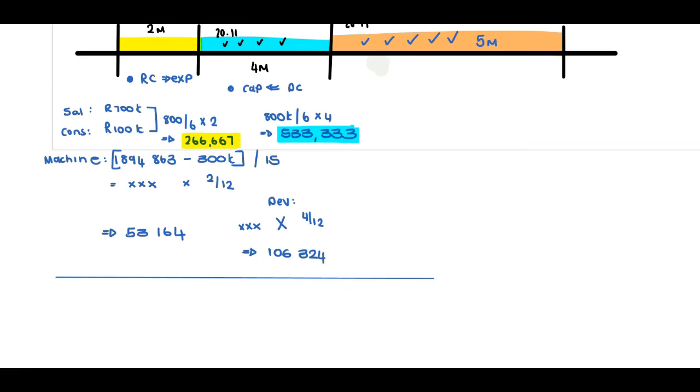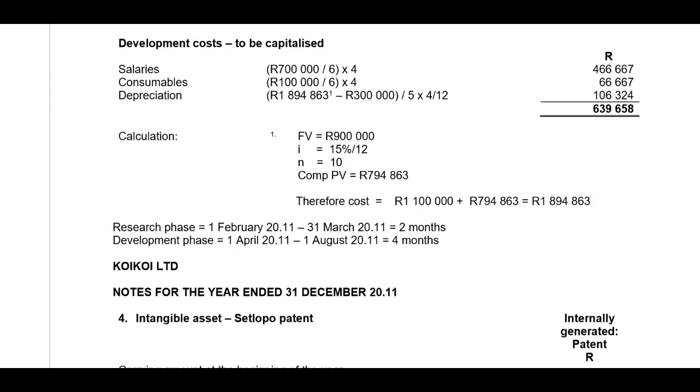Therefore, when you now look at this, the amount in terms of our research phase to add is 53,164, and in terms of our development phase, 106,324. Therefore, we are able to add, let's say this is A and B, therefore A plus B. And this is exactly as per your solution. You look at the top, we have our salaries and consumables. Sorry guys, I want to make use of blue. Our salaries and consumables and our depreciation,